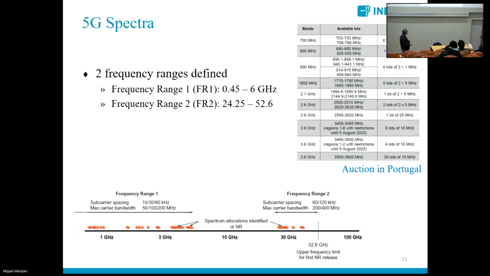Currently, what we are using in Portugal for 5G is the first range of frequencies. And for instance, these have been the lots that we had in the auction that we recently finished in Portugal. That is, the telecom operators that got these lots will now start operating in these bands, in these channels, and here you can see the bandwidth of each channel. There are bandwidths of 5 megahertz, 25 megahertz, and so on.